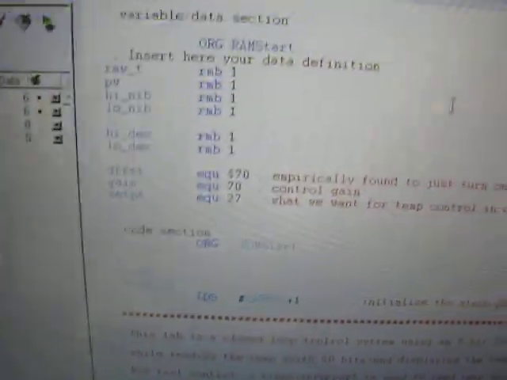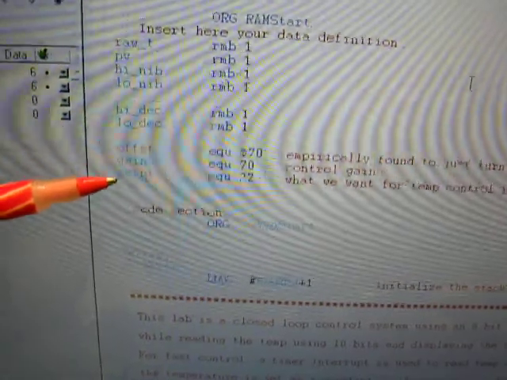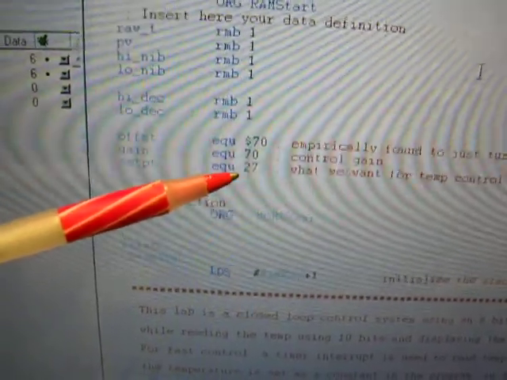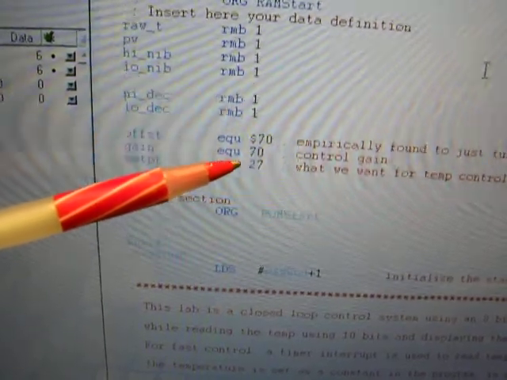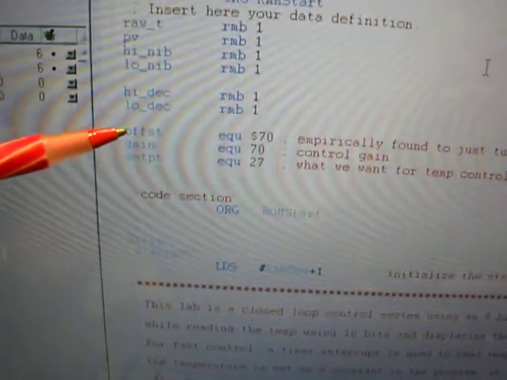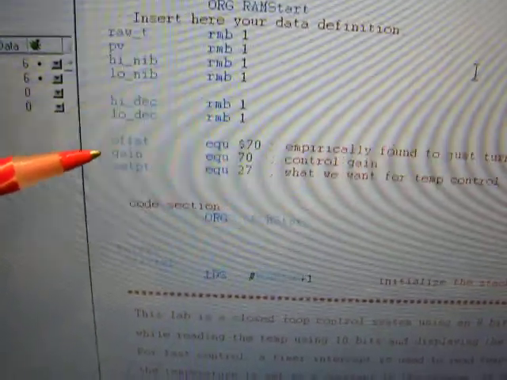And so we would then set up, right here, an equate, or that is a constant, that sets the set point temperature. Right now I've got it equated to 27 degrees Celsius. As you can see, there's a couple other parameters as well that you will then interpret in the lab, something called offset and gain. So let's go ahead and execute this program. We'll hit the serial monitor button right here,